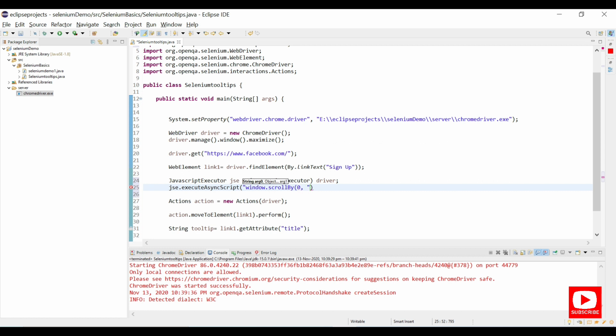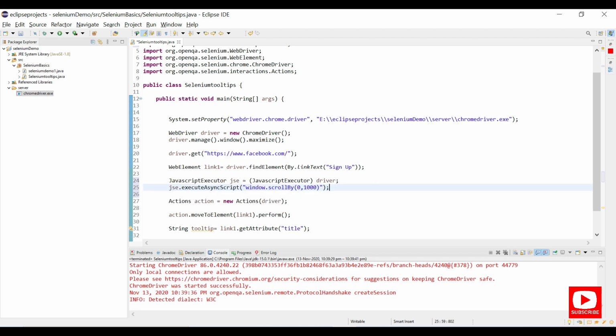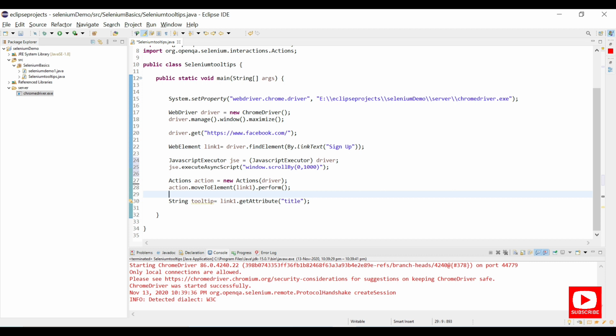Let me give some random offsets, 1000. Now this piece of code will scroll down the page to the bottom, and then you can see this Actions class. Okay, now let me save the program, and quickly run it again.